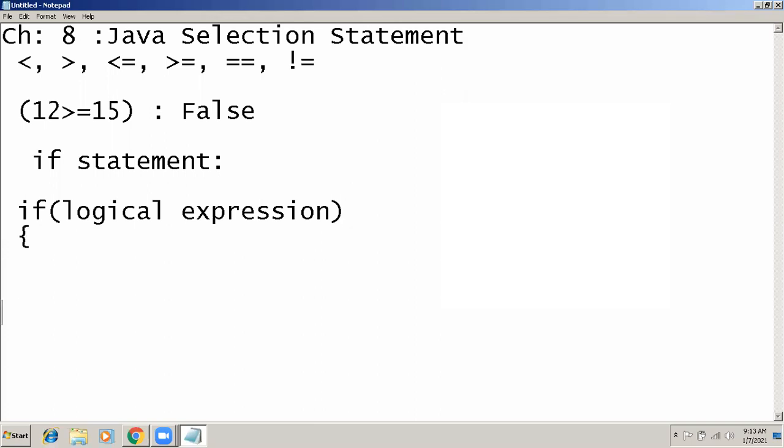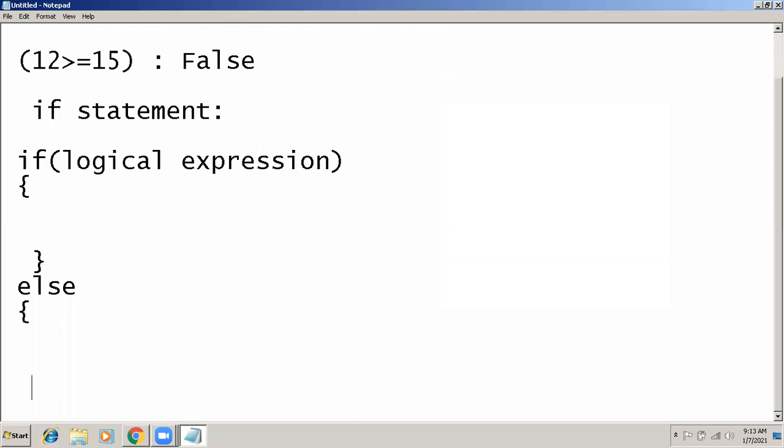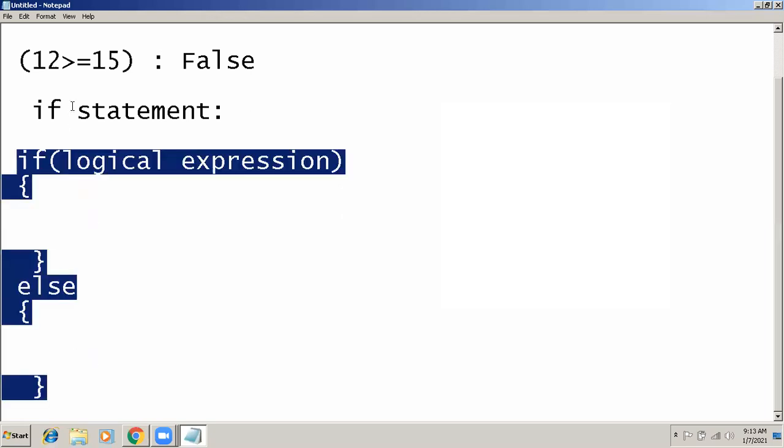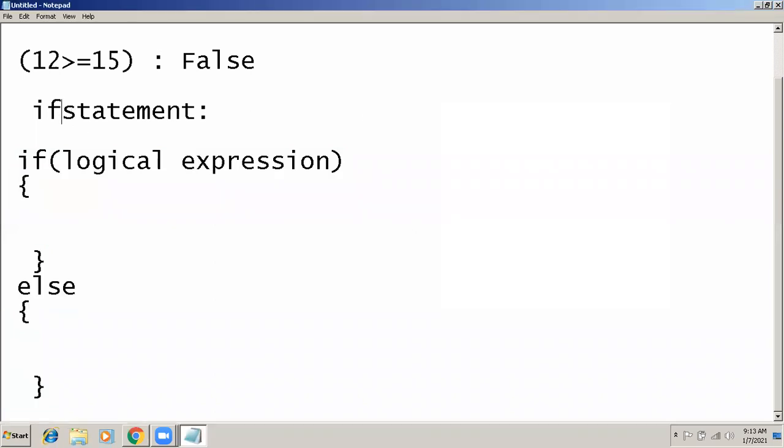After this, its block will start, means the if block, inside this pair of curly brackets, and then there will be the else keyword, and then its block will be there. So this is the syntax of the if else statement.